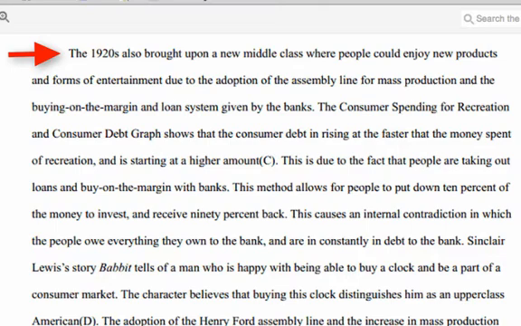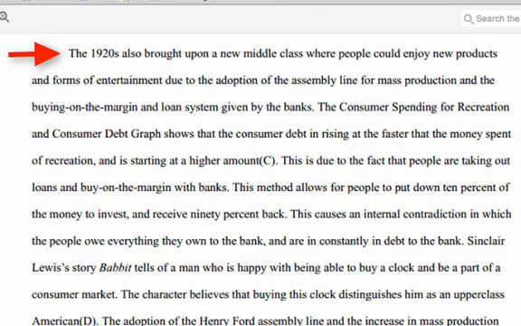Probably a good way to have connected these two together would have been to say something about how more immigration in the country led to more economic growth, and many of these immigrants moved into suburbia, leading then into this economic growth and buying on the margin in the loan system. There's really no overlapping here. There's no connection between the first paragraph and the second paragraph. That is a bit of a weakness in this essay.